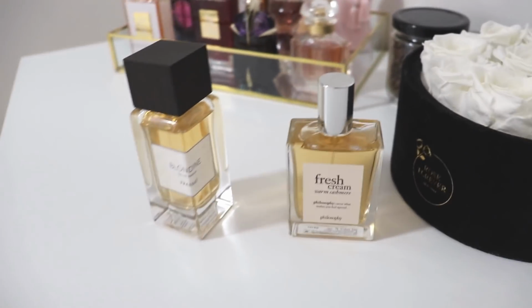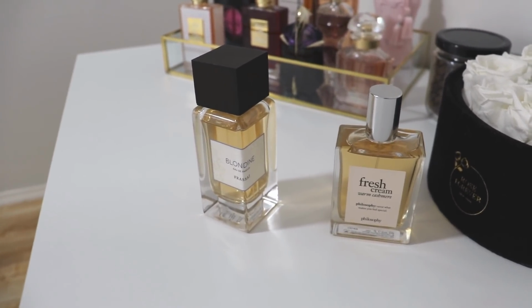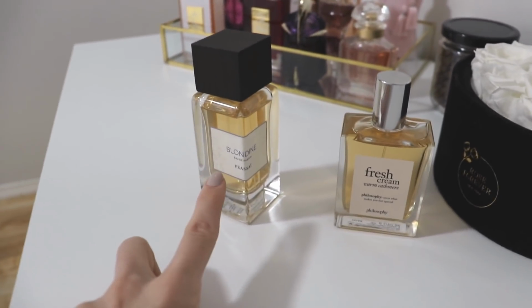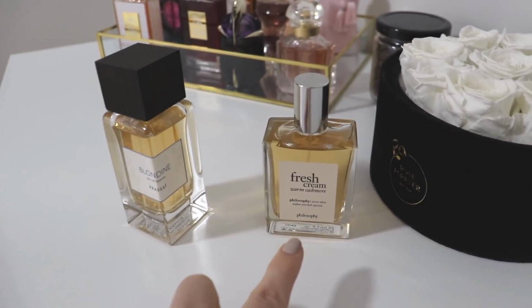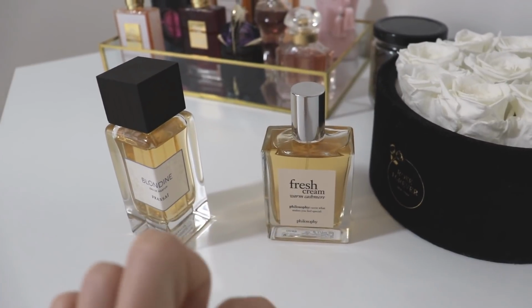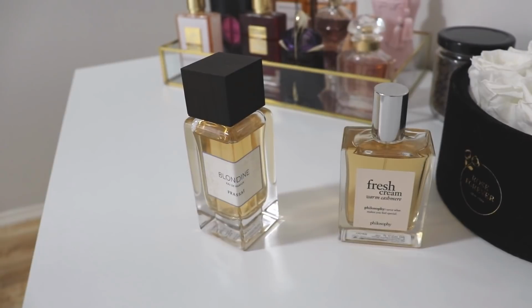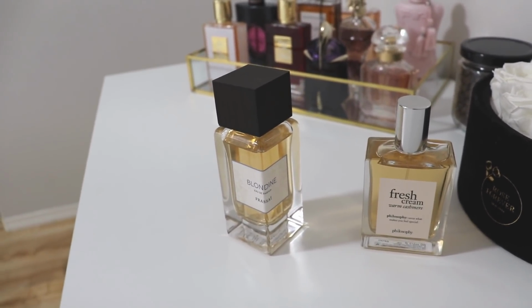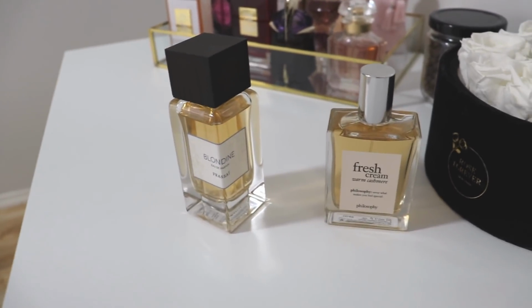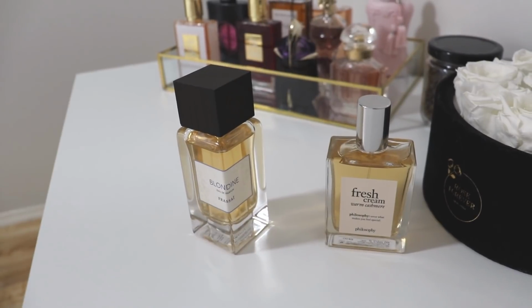But kind of what they both have in common for me is that they're both very cozy and comforting and warm, and they both have a little bit of a butter quality. This one actually has a note of butter in it, whereas the Fresh Cream does not, but I kind of pick it up, I kind of get that. So which one is the winner for me? This one is a little bit easier for me to choose a winner because I have to go with the one that is an eau de parfum concentration. It lasts longer, it's stronger, it's more unique, and it's just a very special perfume,